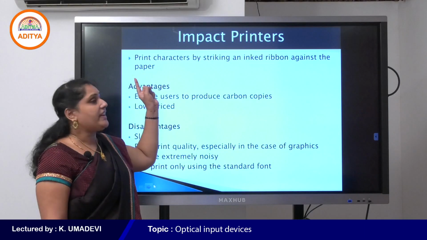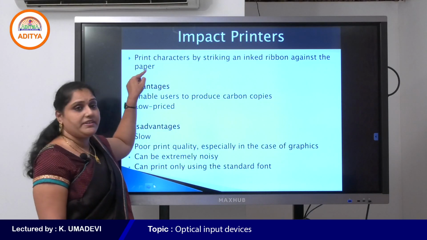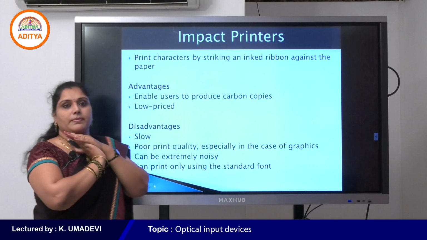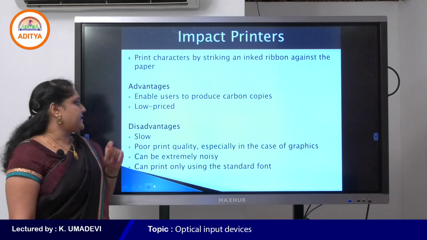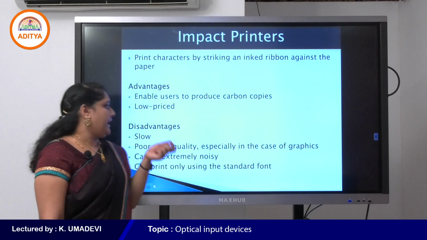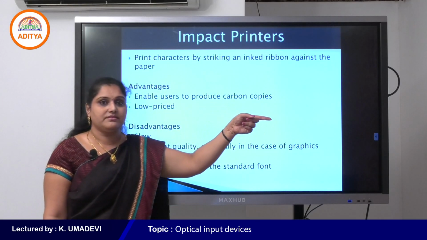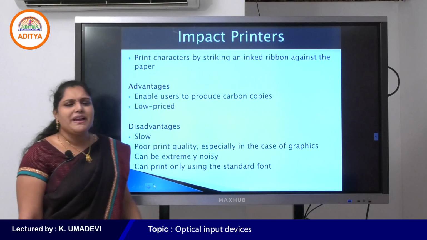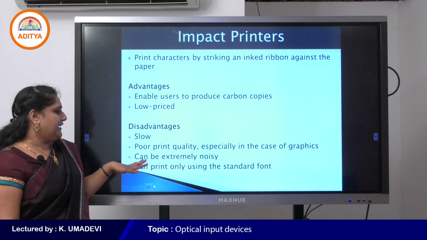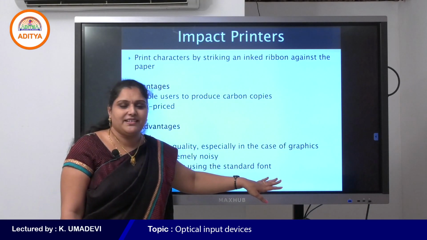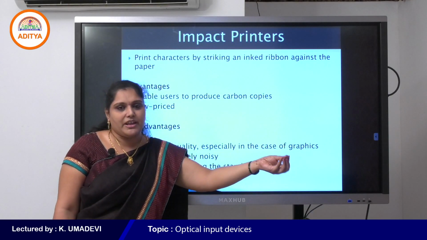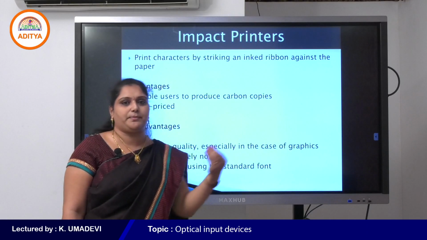So why are these called impact printers? These printers print characters by striking an inked ribbon against the paper. The advantages: they enable users to produce carbon copies, that means Xerox copies, and they are low priced compared to non-impact printers. But the drawbacks are, they are very slow and extremely noisy, as these printers make much more noise than non-impact printers like laser and inkjet printers.